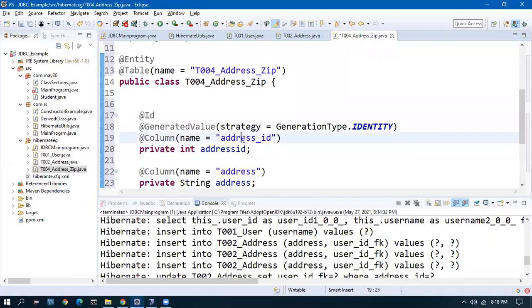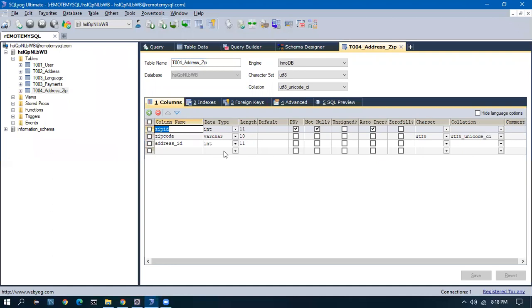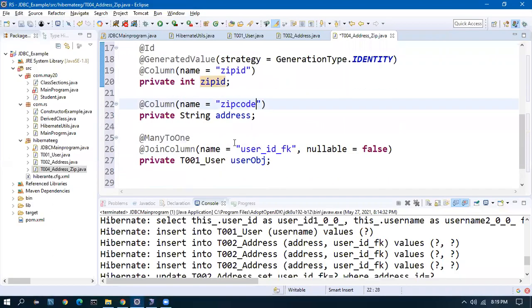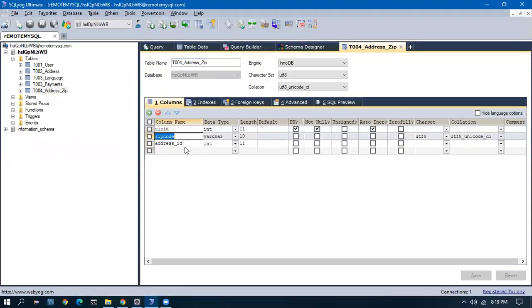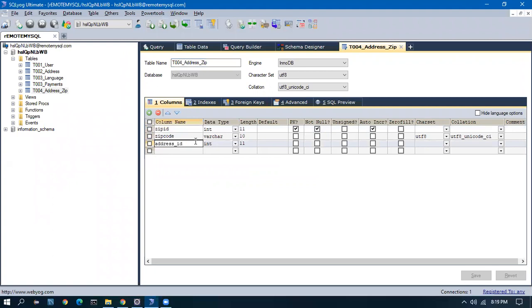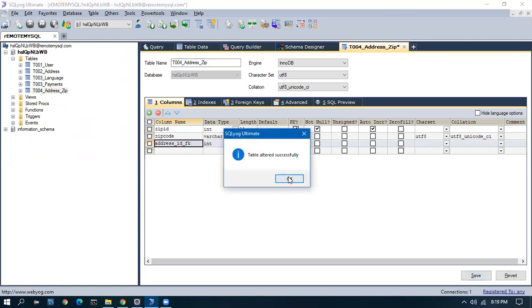What is the primary key column? Zip ID. So this has to be zip ID. Then zip code, and address ID. Let me name it as FK just so that we can understand it better.